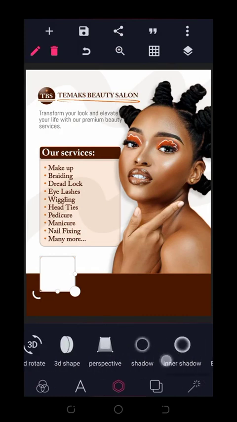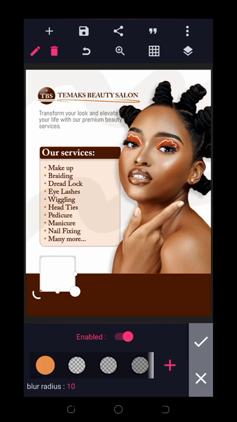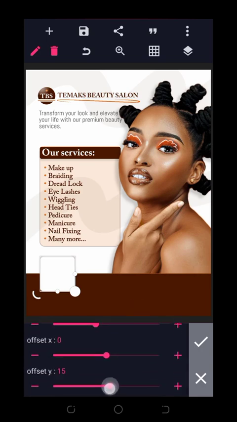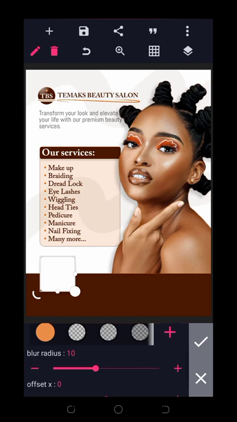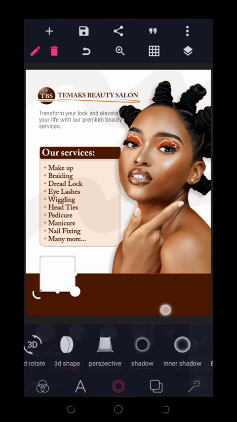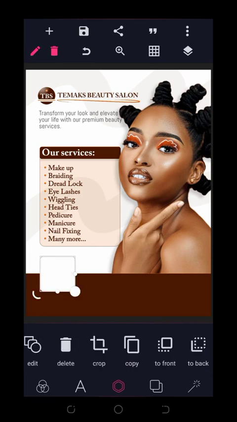Now I'll go to shadow, activate the shadow, use the same shadow I used earlier, and then I will be using the offset of 15. The blur radius, I would love to reduce it to 5, and let's see what it turns out to look like. Great. Now I'll duplicate this shape, click on